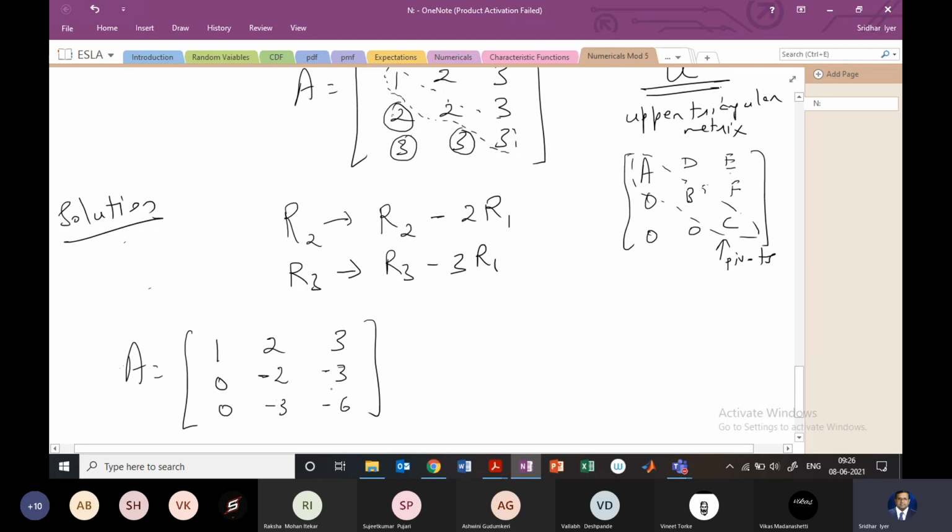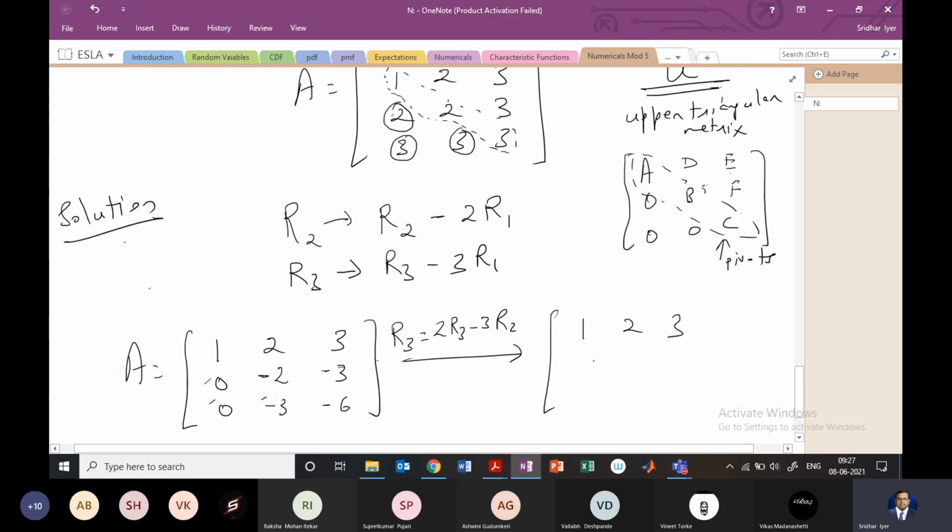So you can see that you get a 0 here and you get a 0 here. Now the only task is to convert this negative 3 into a 0, right? So here we can do an operation as R3 equal to 2R3 minus 3R2, right? So once we do that, what will happen? You have 2R3, that is 2 into minus 3, that will be minus 6, minus 3R2, so you'll get a plus 6 there. Okay. So once you do that operation, the first and the second row will be the same.